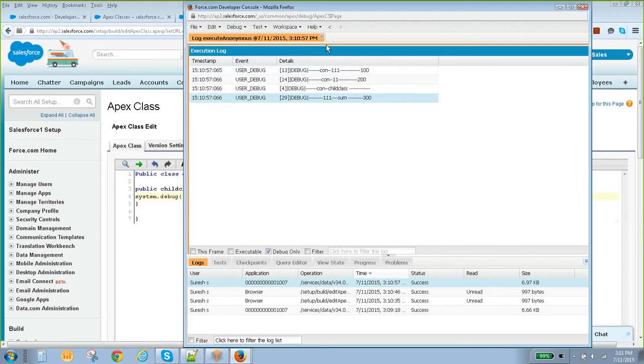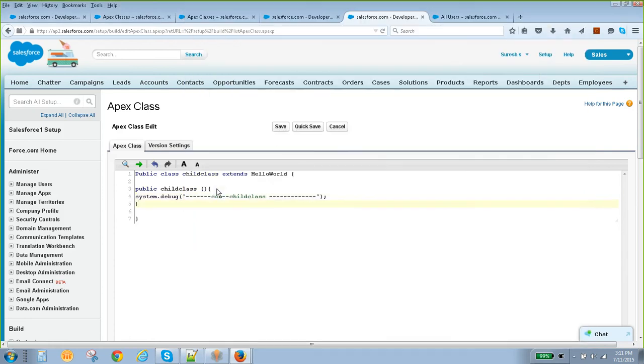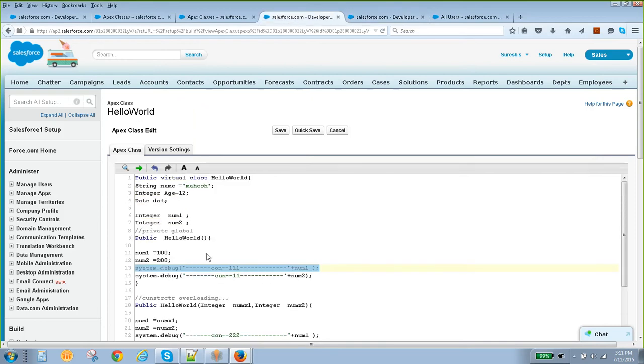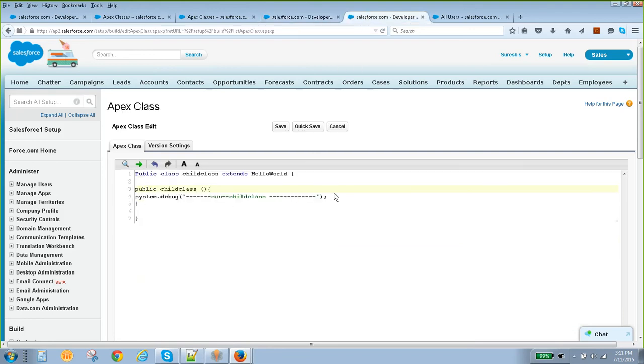If you want to call a parameterized constructor, then basically we have to use a keyword called super. I want to call this constructor now. This is a parameterized constructor. So if I want to call that particular thing, we have to use the keyword super.